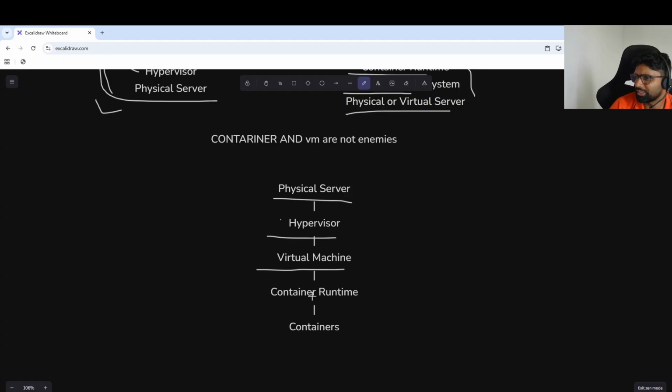We have a virtual machine, then we have a container runtime, and finally we are running containers as well. This is very common in cloud environments as well. For example, a Kubernetes worker node itself is a virtual machine. Inside that, we have a container runtime and we are running containers. This is very common.